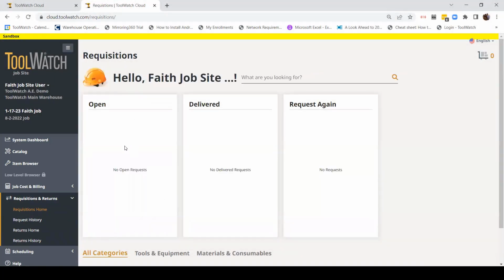This is going to take me to my home page. So on my home page, I can see any open orders based on orders that I've recently submitted. I can see any orders that were completed, and then items that I commonly request. Since this is a brand new job that I set up for the purposes of this demonstration, there's not anything